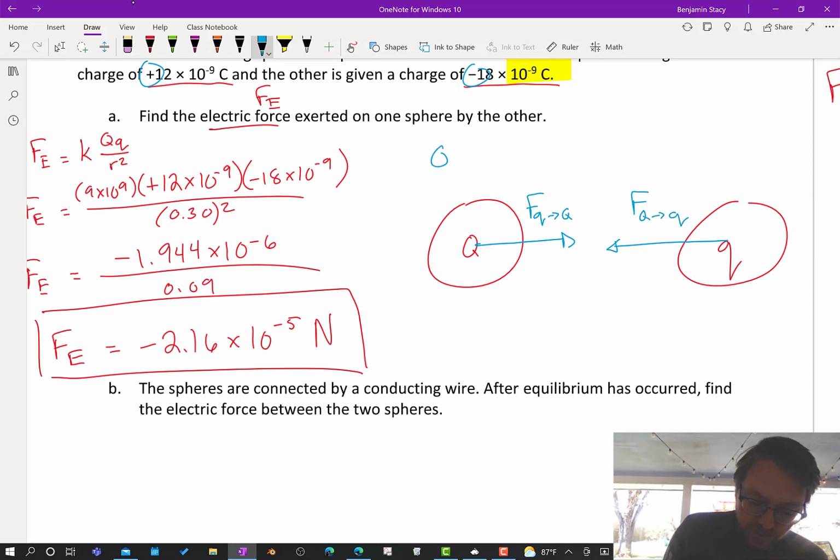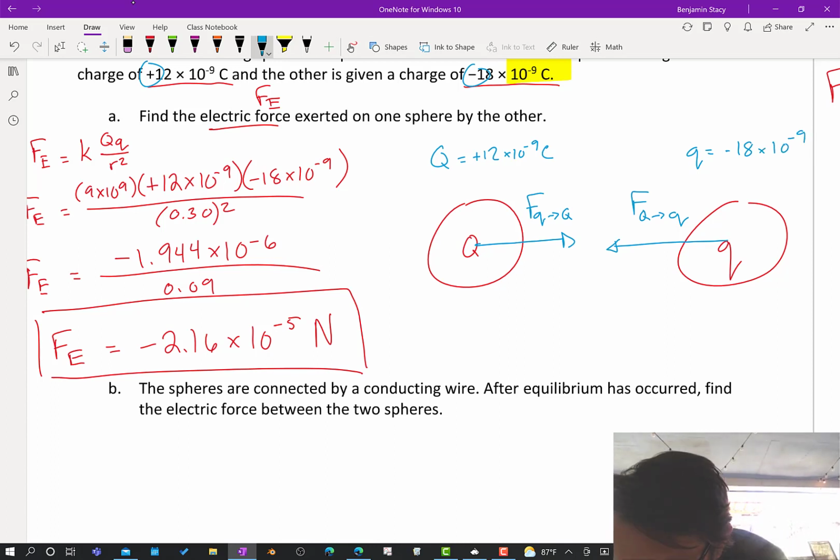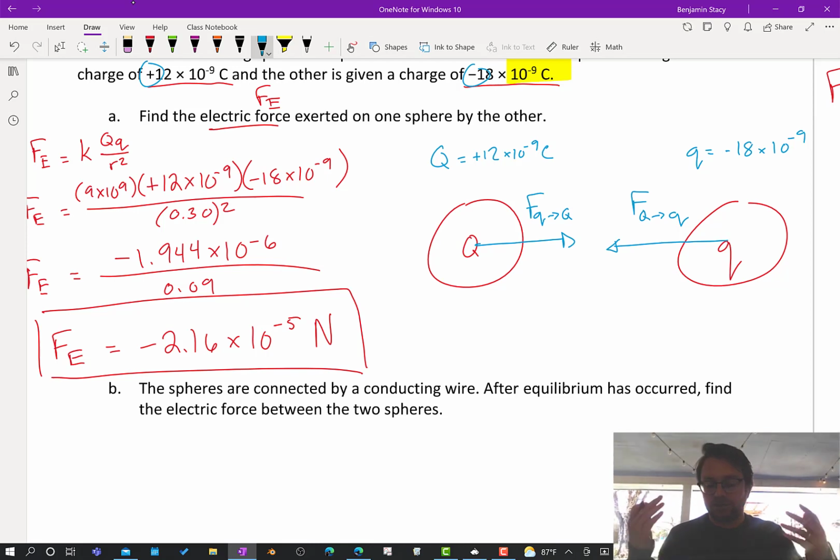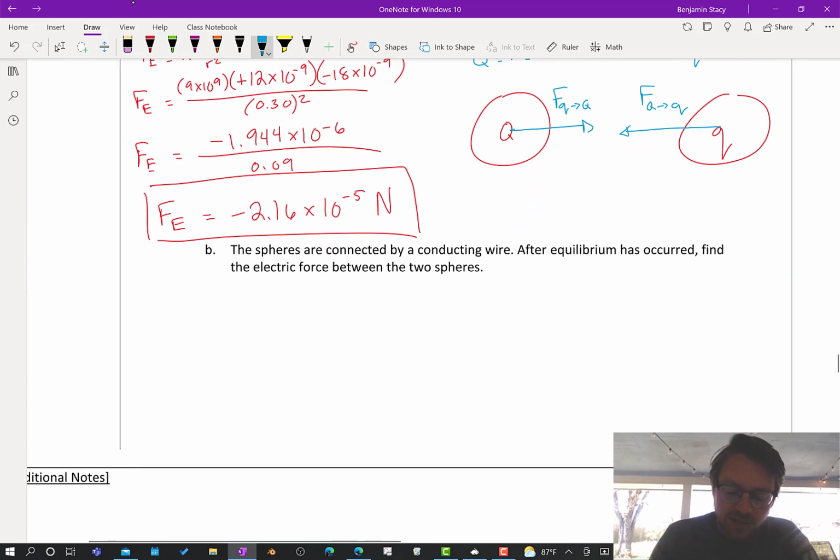And we could say our big Q was, let's say, the positive 12. And our little q was our minus 18. So the little q actually has the larger amount of charge. It's just negative. It doesn't matter which one you call big Q and little q, right? You could use Q1 and Q2. The spheres are connected by a conducting wire. Aha, so we take a wire, and